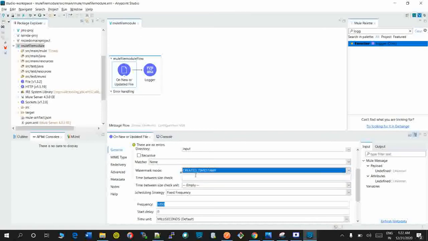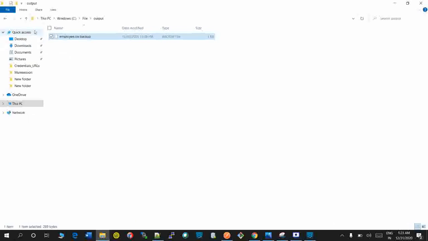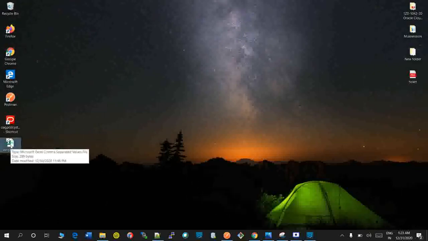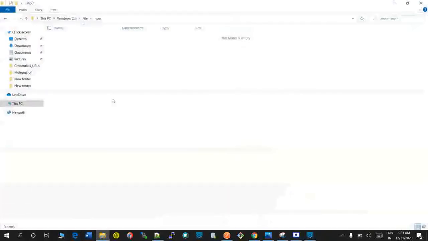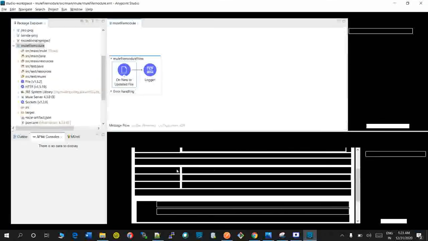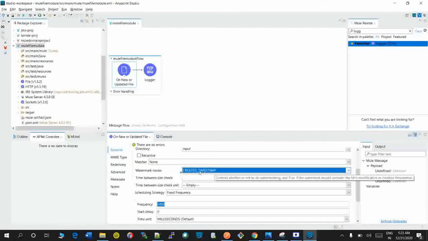Suppose I have selected created timestamp and deployed the project, and then what will happen if a file is in the input directory, and after deploying this project and selecting created timestamp,